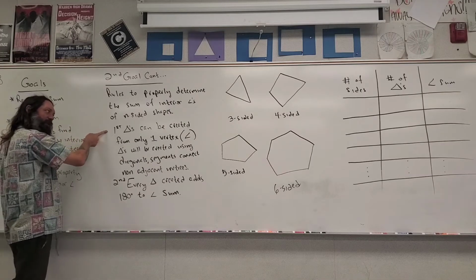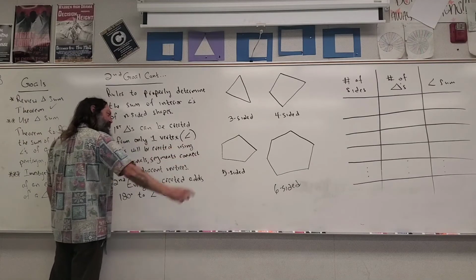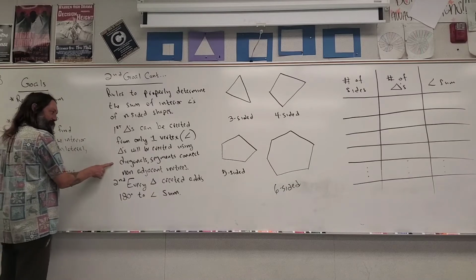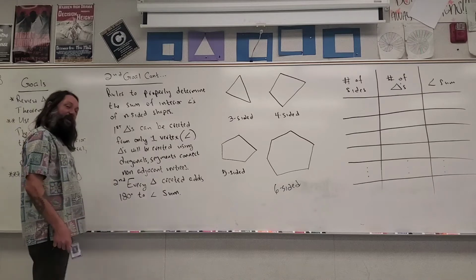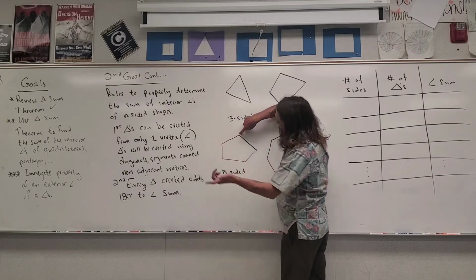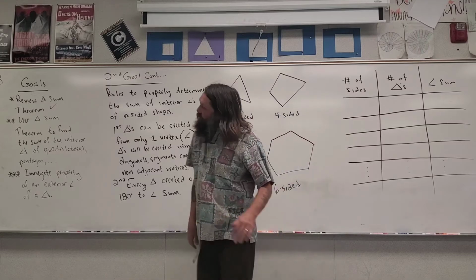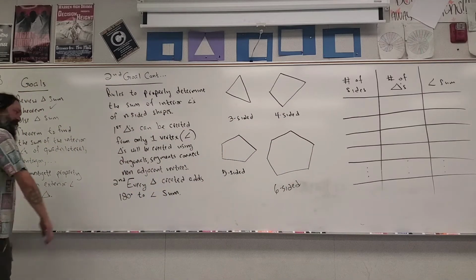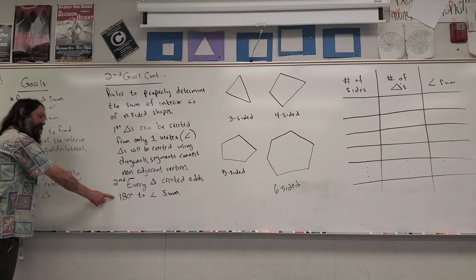First, triangles can be created from only one vertex. Vertex is a very fancy way to say angle, and triangles will be created using diagonals. These are segments that connect non-adjacent vertices. If they connected adjacent vertices, adjacent angles, that's just the side. So you would actually have to have a non-adjacent one. Diagonals go through the interior of the shape. The second thing that we need to know for our rules is every triangle created adds 180 degrees to the